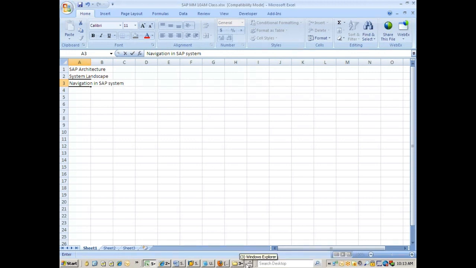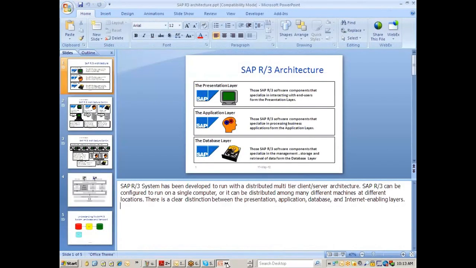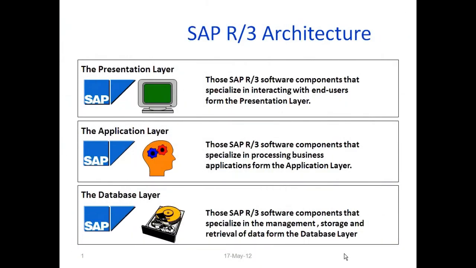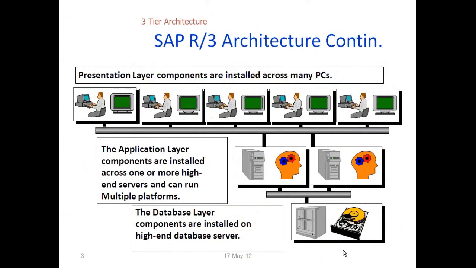Okay, so let's start discussing about the architecture that we have seen the other day. As you could see, this is the slide that I have shared with you during my yesterday's demo session. Like I said, you have three layers in the architecture. As the name SAP R3 indicates, real-time three-tier architecture. So the three-tier architecture means, as you could see here, this is how the three layers of an SAP system are available. So in the first layer, what we call the presentation layer, which is also called client layer,